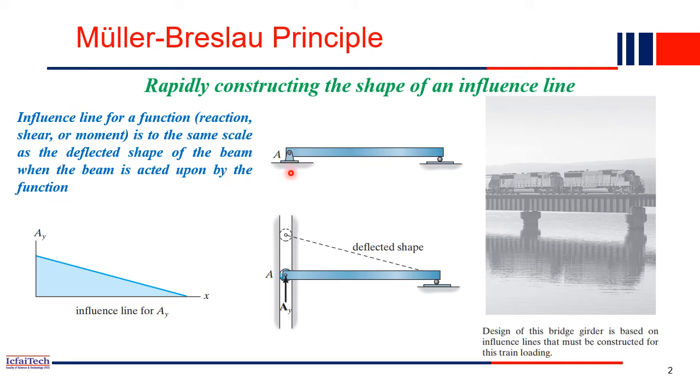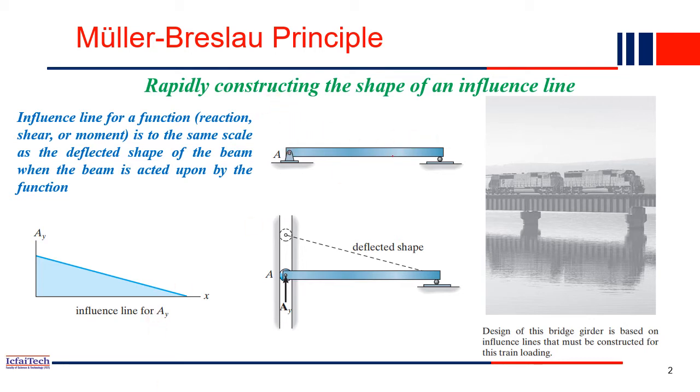So, as we have discussed in the earlier classes also, just let me recapitulate what is the influence line diagram. So, influence line is basically, so this is a beam. If a unit load is moving from left support to the right support gradually, how the shear force or bending moment or the reaction at any point in a beam will vary, right? So for example, you want to find out how the bending moment varies at this point when a moving load is coming from this side to this side, right?